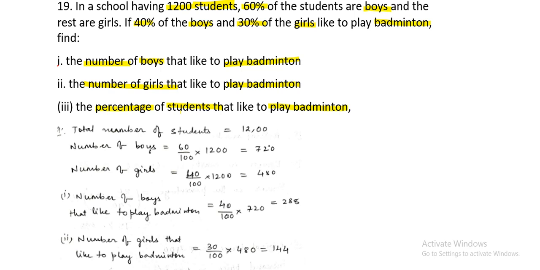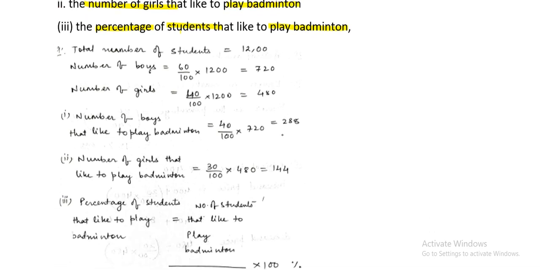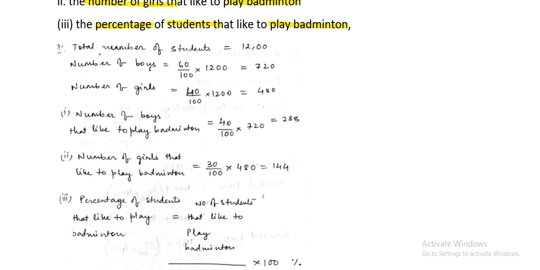So in bit 1, what we will do? Let us see. First we will write, it is given in question the total number of students is how much? 1200. Okay. Now number of boys is given how much? 60% of the students are boys. So number of boys will be 60% of total, that is 720. Now automatically girls will be how many students? Suppose 60% are boys and 40% will be girls, that is 480.